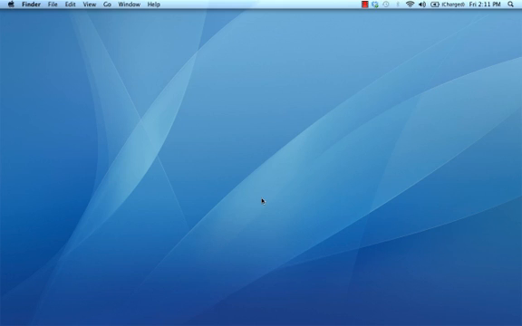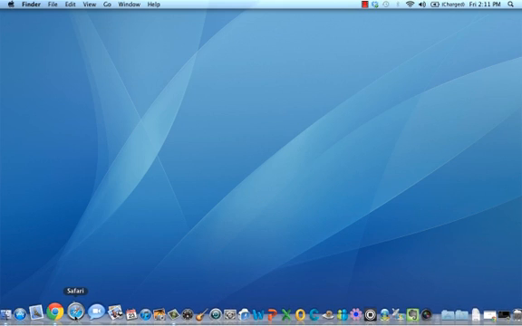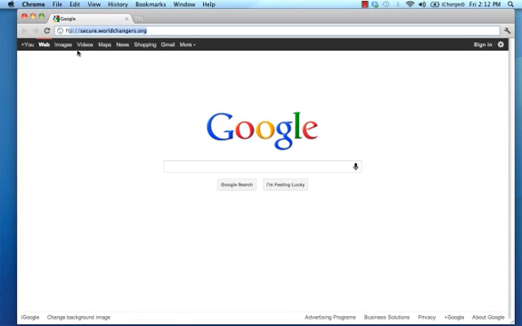First thing you want to do is make sure that you have access to the internet. Then select your browser, whether it's Safari, or Google Chrome or Firefox. So for this purposes, I'm using Google Chrome. What you want to then do is type in the URL or the address to the FTP server, which is